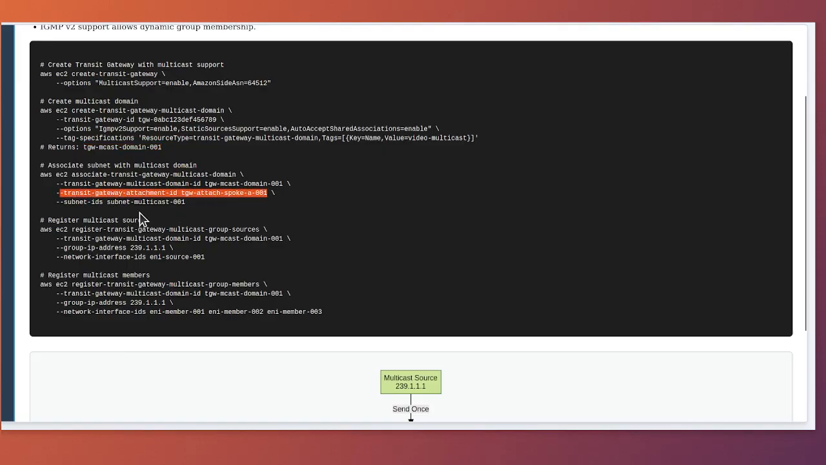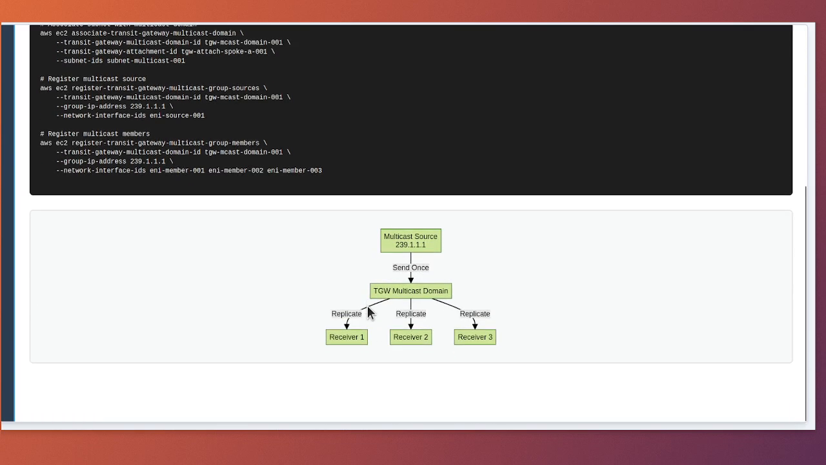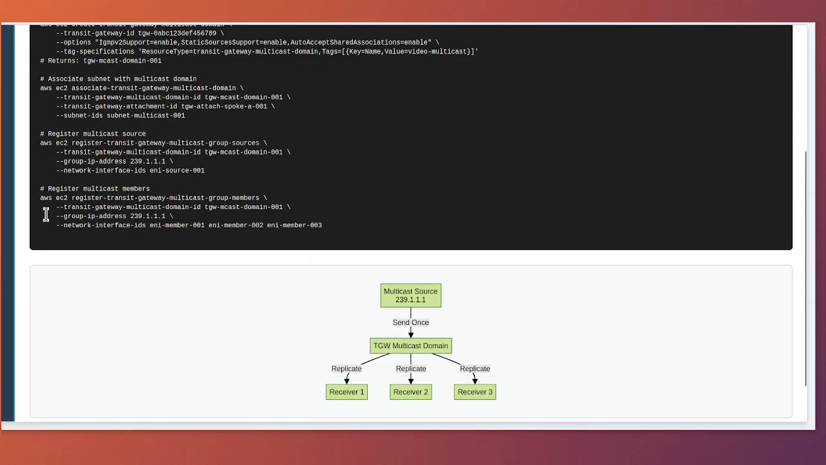The subnet ID's parameter specifies the subnet multicast 001 where multicast sources or receivers reside. The fourth command registers a multicast group source. The AWS EC2 register-transit-gateway-multicast-group-sources command defines which network interface can send traffic to a multicast group. The group IP address is